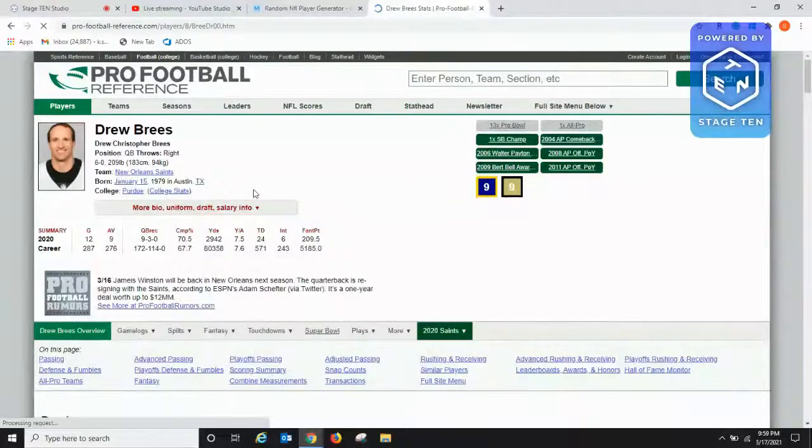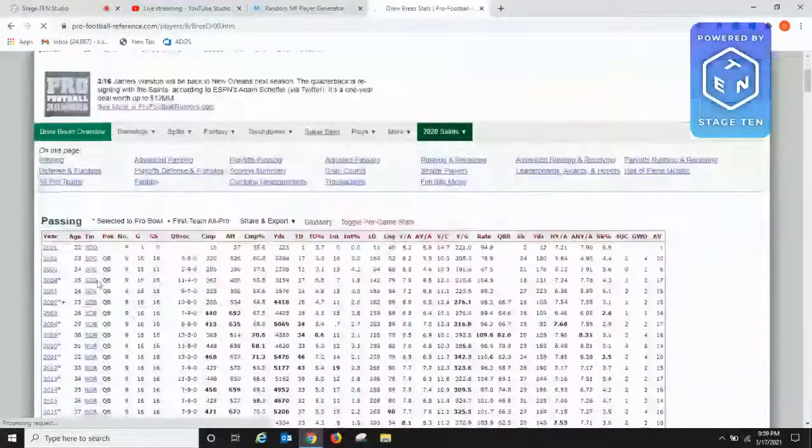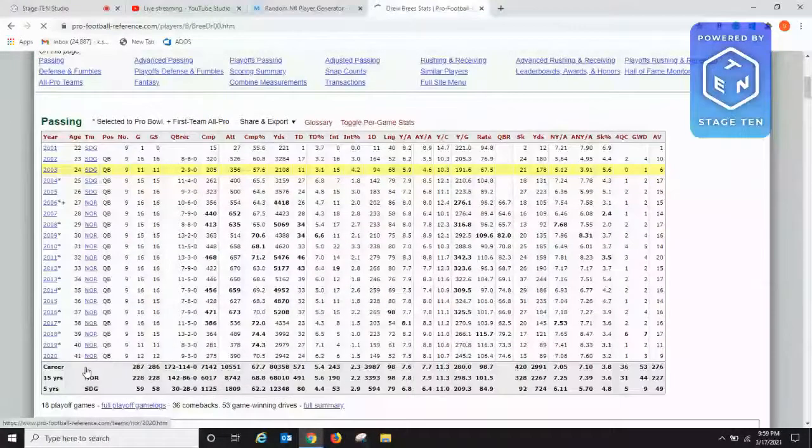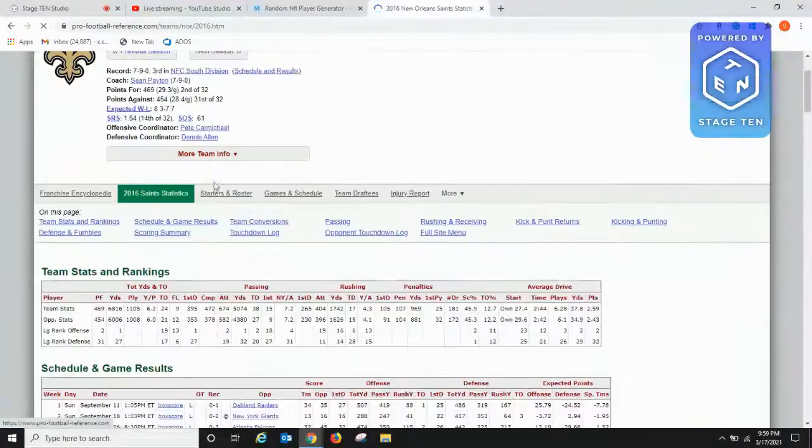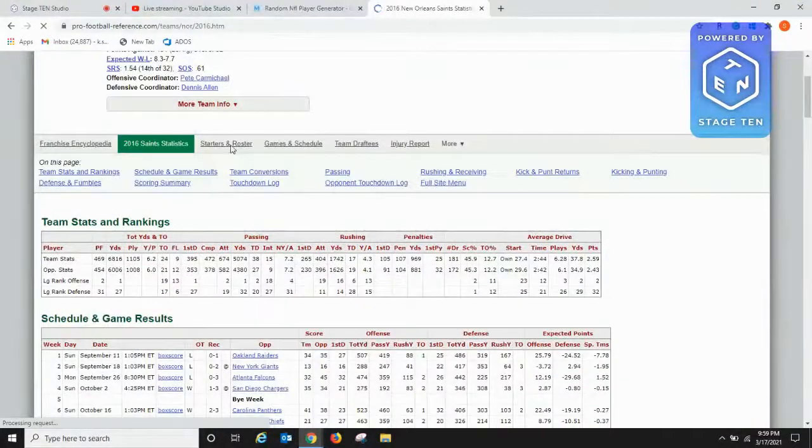Why did I just forget what I was gonna say? Oh, never mind. Okay, so these are the teams he's played for. So I would go to, let's say, I couldn't find him in, let's go for 2016. Basically, because Drew Brees has played here for every year, I could just change the year if I can't find them in 2016. So